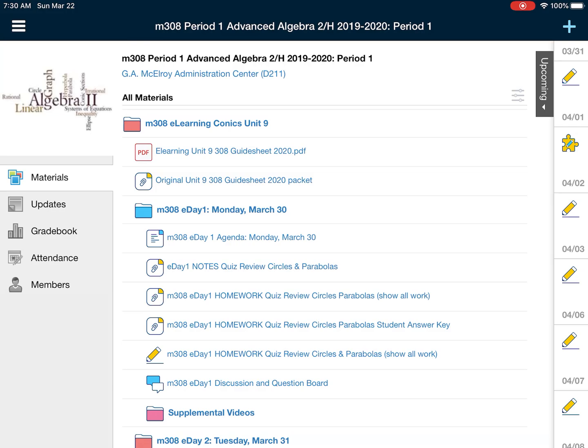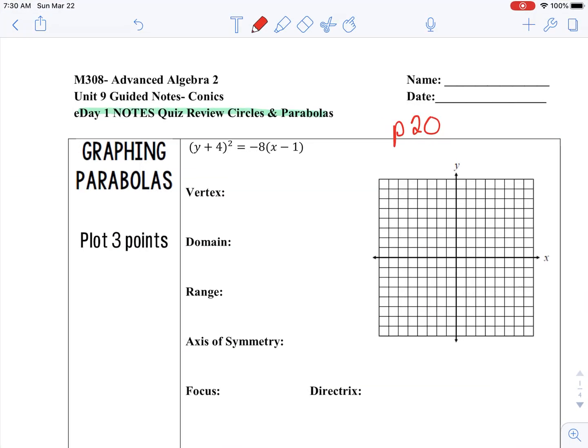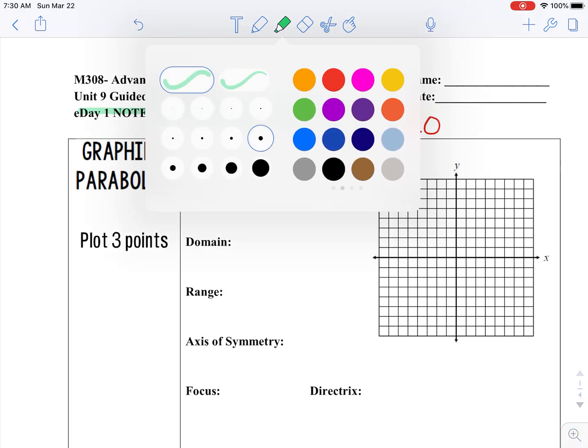Looking at this, you can find in this folder the notes, the homework, and where to submit and go to your discussion board. But you also may take notes in your paper packet. Your paper packet will be on page 20. Everything we're doing here is a review, but I want to refresh you so you feel very prepared for tomorrow's